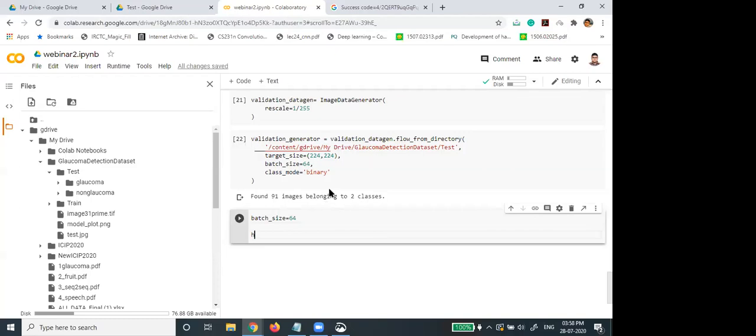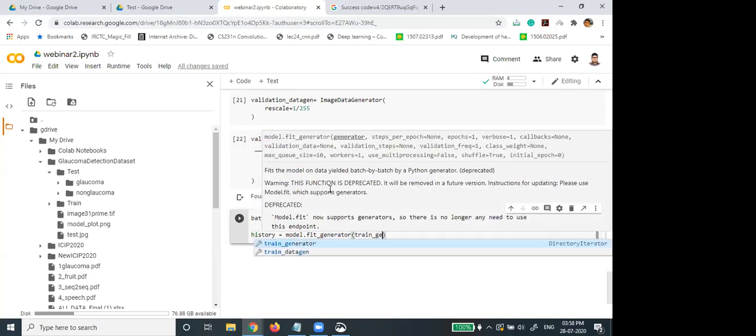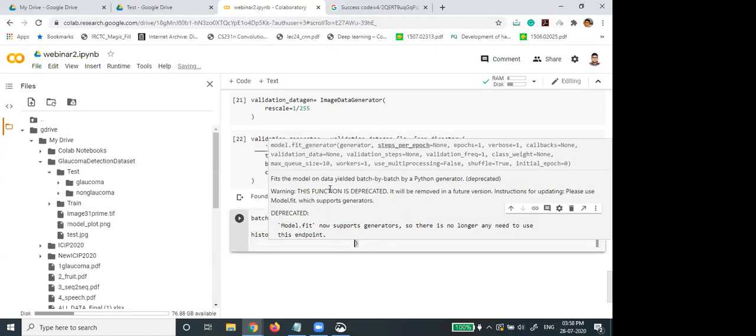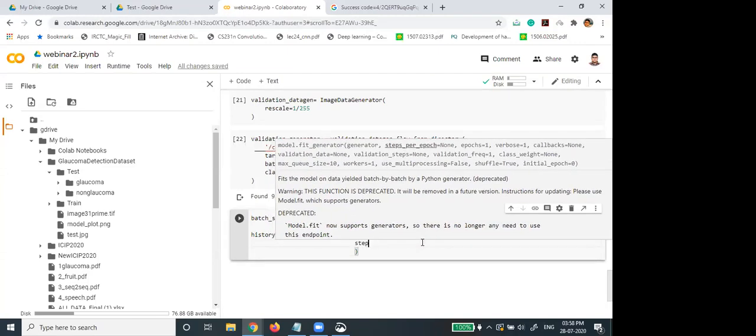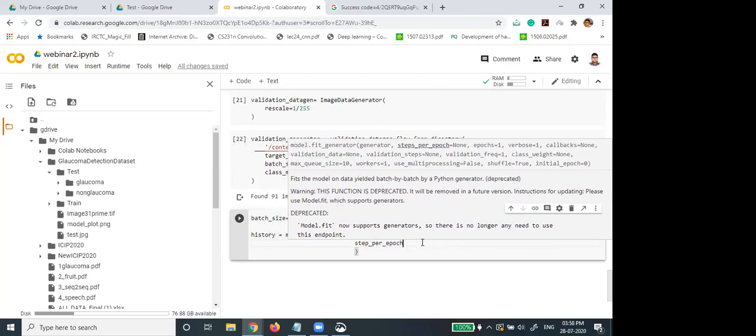Say history dot fit generator, then train generator, steps per epoch. Yesterday I told you what it is.